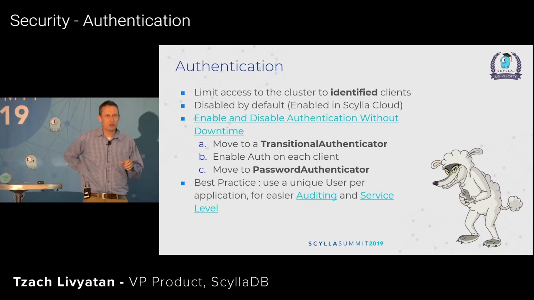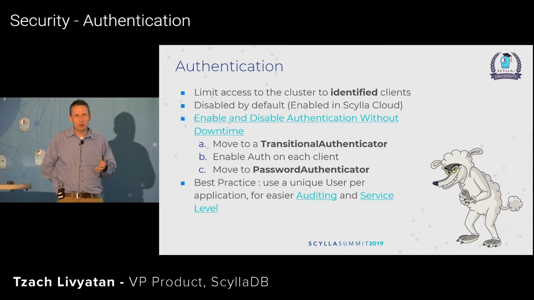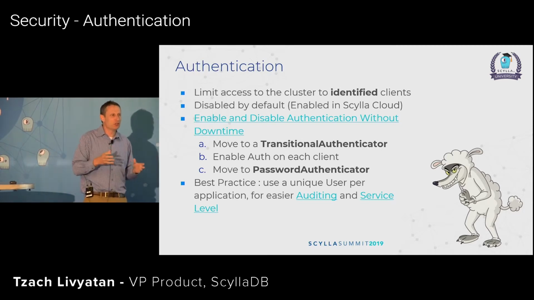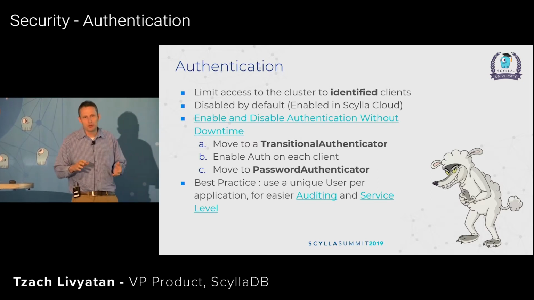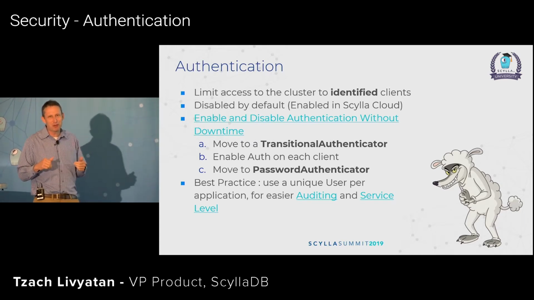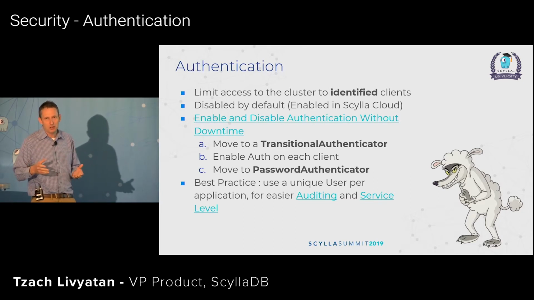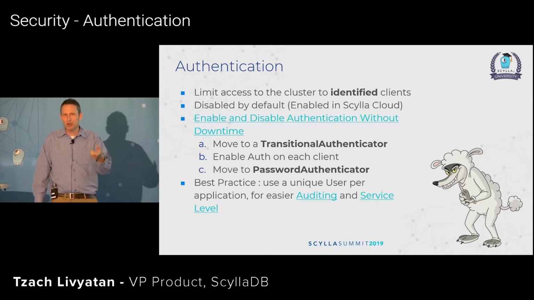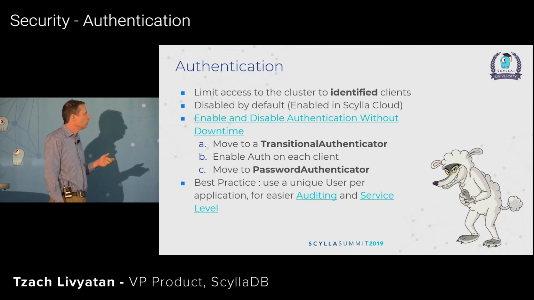Authentication, and this, by the way, is true for almost all the security measures that I will mention here, is disabled by default. When you naively install a Scylla cluster according to the documentation, it comes with almost zero security features enabled. And as a product manager, that's my responsibility and my fault, if you will. But we choose knowingly, and the same goes for other databases, to make the first installation or evaluation very easy, but it's also non-secured. So all of the security measures I'm going to mention here, you do need to enable them manually. Okay, and authentication included.